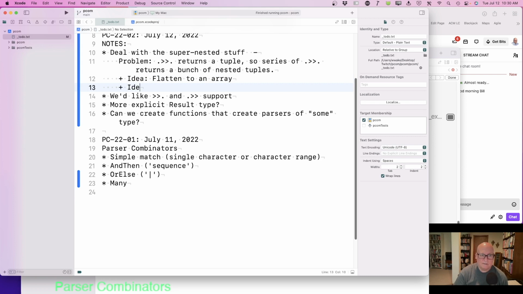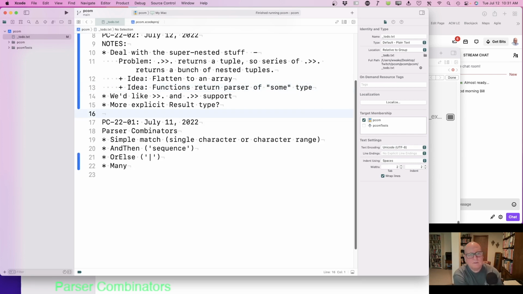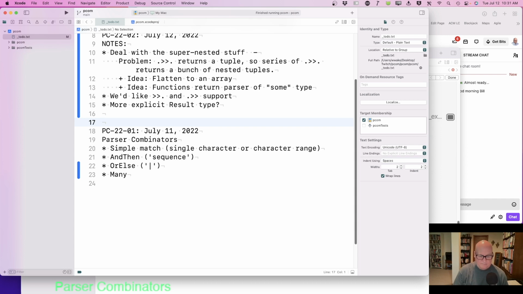Idea: functions return parser of some type. They're both trying to address that same issue. The other thing,